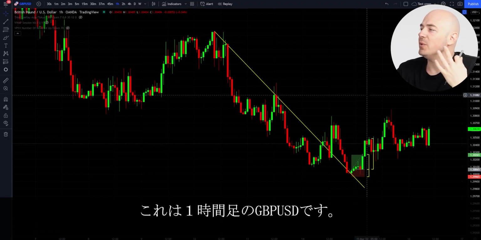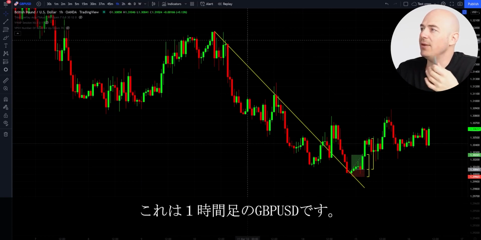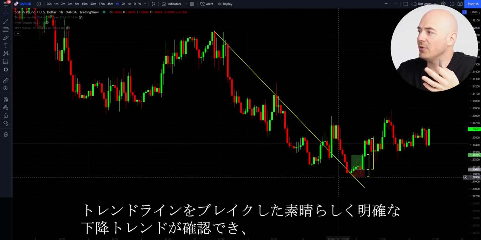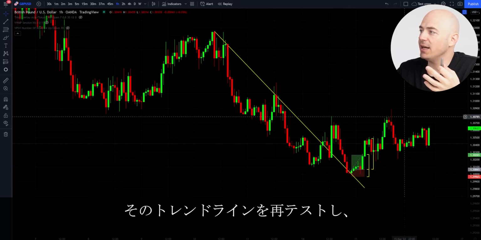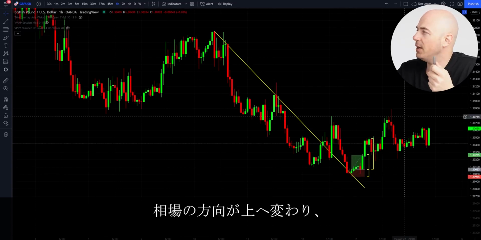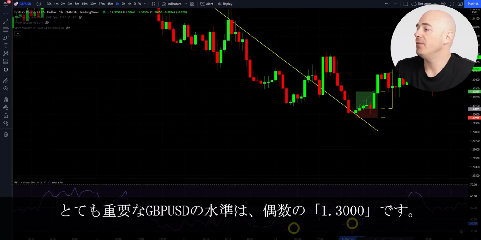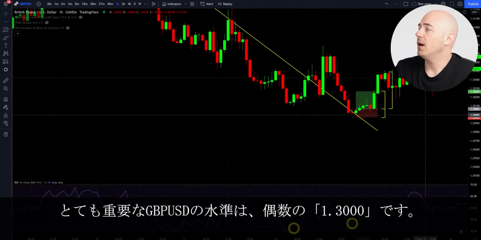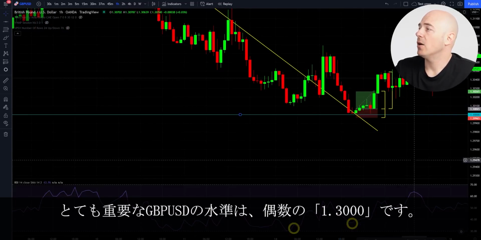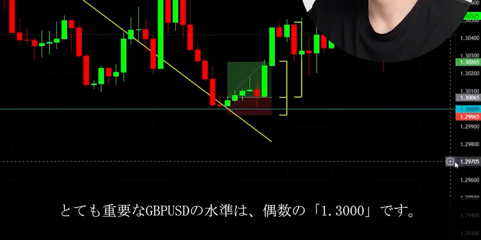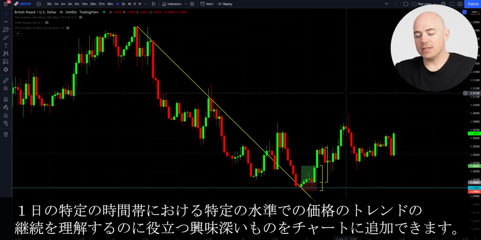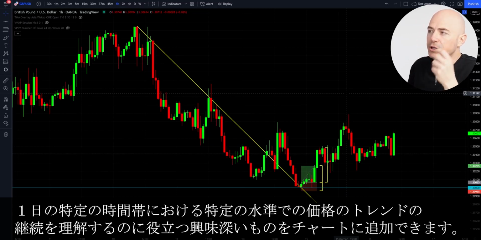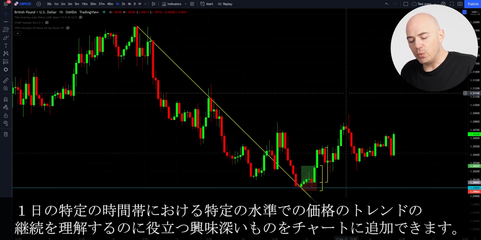This is GBP USD on a 1 hour time frame. You can see a nice clear downtrend with a break of that trend line, a retest of that trend line, and a rejection up, it went up. A very important level on GBP USD are even numbers, 1.30000. But something interesting that you can throw on your charts to help you understand price continuations with the trend